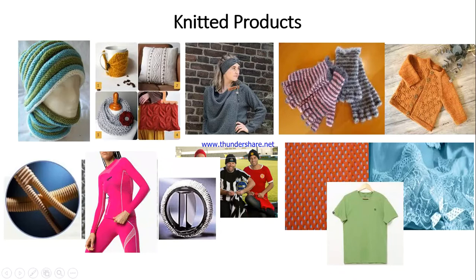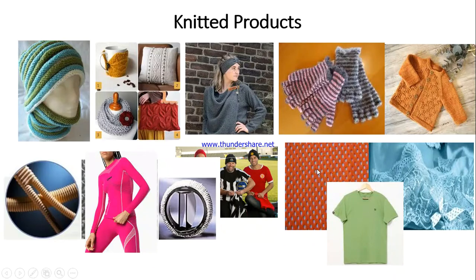Now this kind of active wires are typically knitted material. Then this is the artificial valve, heart valve, that is a knitted structure. Then in this picture you can see the jersey of the football player. All the sportswear are made of knitted fabric. Because of some spectacular property of the knitted material, all the sportswear are made of knitted fabric. Then all the infant wears and inner wears are all made of knitted fabric.